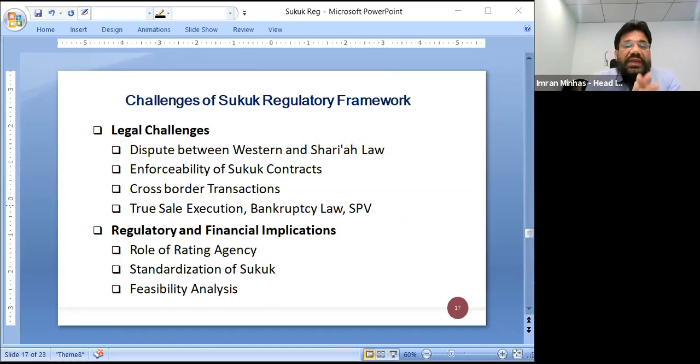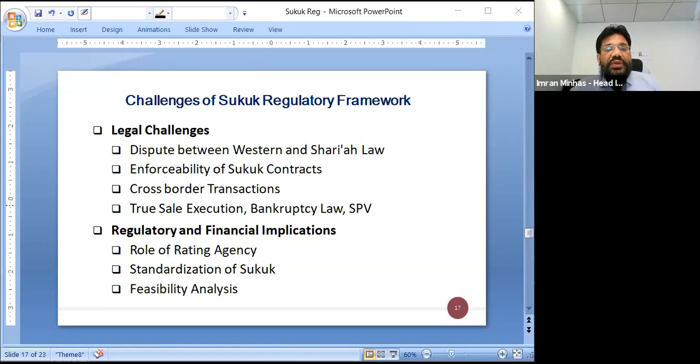So the challenges of the regulatory frameworks, there are lots of challenges, there might be legal challenges, there might be Sharia compliance challenges. First of all, what we face is the legal infrastructure. Legal infrastructure varies across countries operating in Islamic finance. They don't have a legal infrastructure for the Islamic products. So the status of the development, the major determinant of the success of the Sukuk, relies on having a firm legal infrastructure.